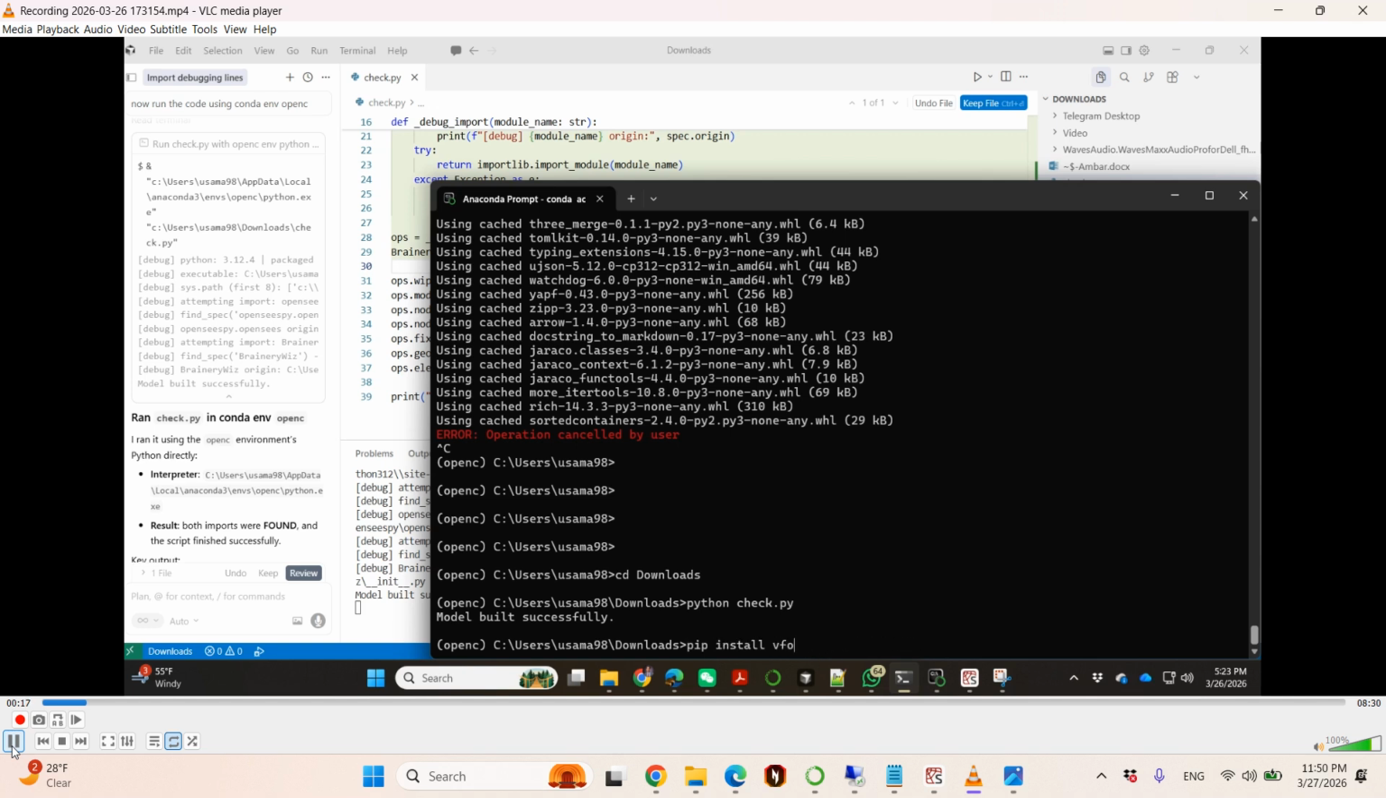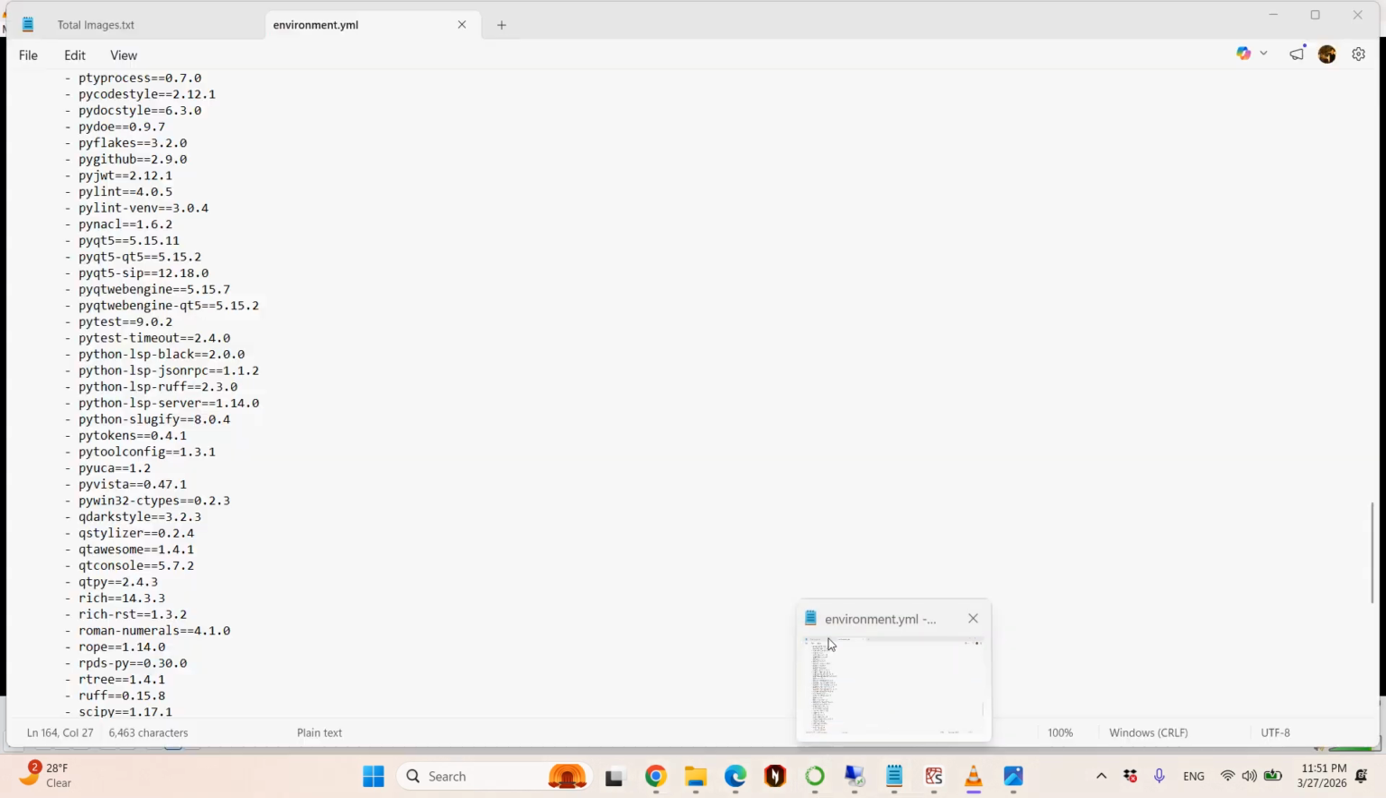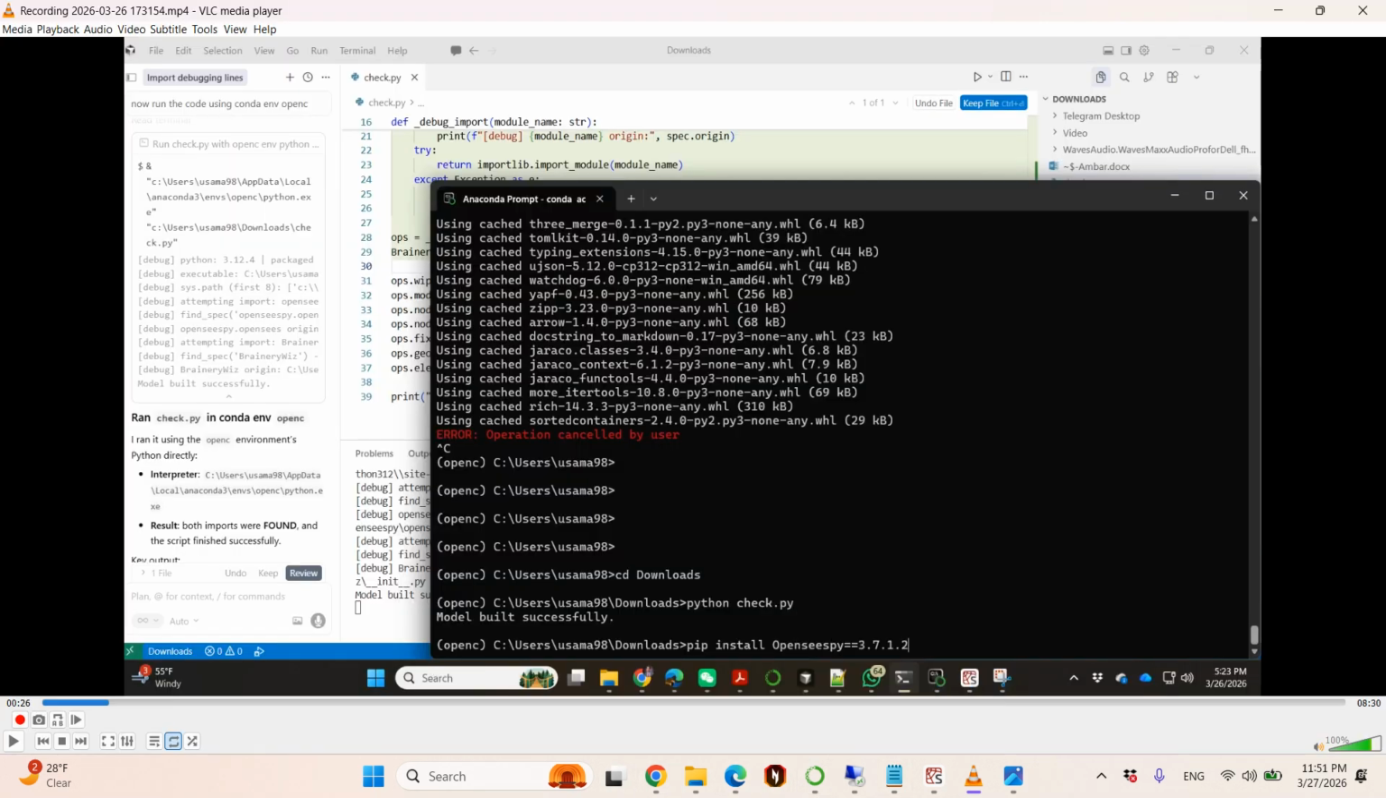3.12.4 version, and then I will activate this one, OpenSees, and then I will run pip install BraineryWiz 0.9.6. If you just do this, it will automatically install Python. You can also do both methods: if you want to use this OpenSees version, you can type this, but if you don't, just install BraineryWiz, which already installs the latest version of